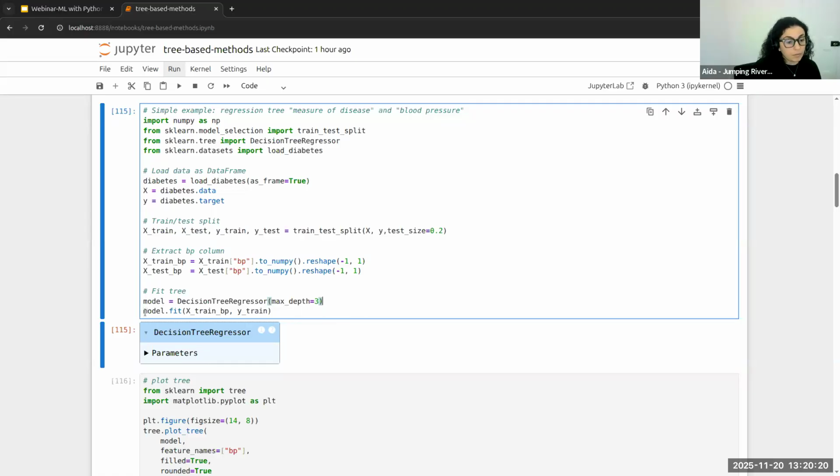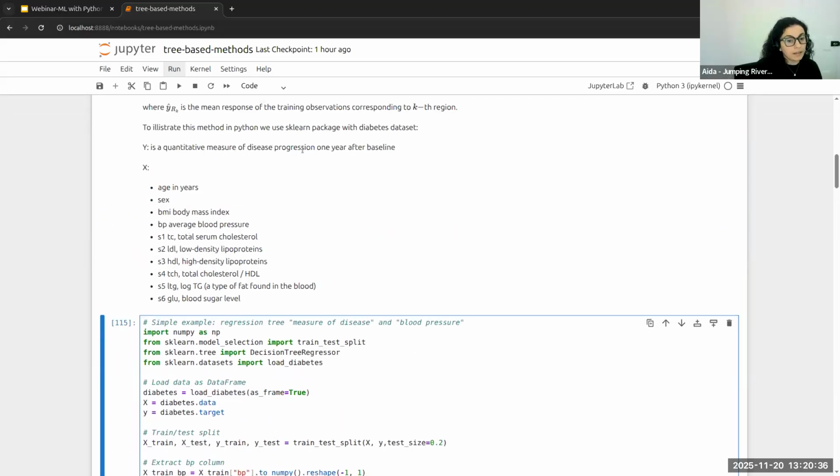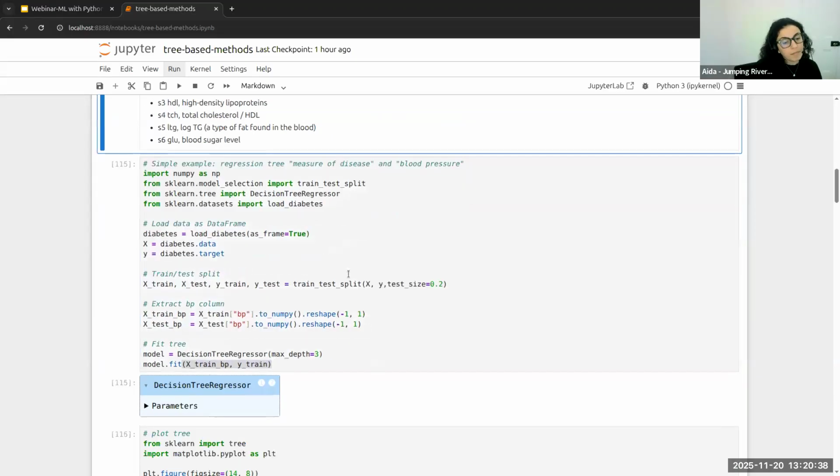And then for fitting the model, I call the fit function, and then I feed the variables I'm interested in modeling, right? So the training blood pressure and the response variable, which is the disease progression.